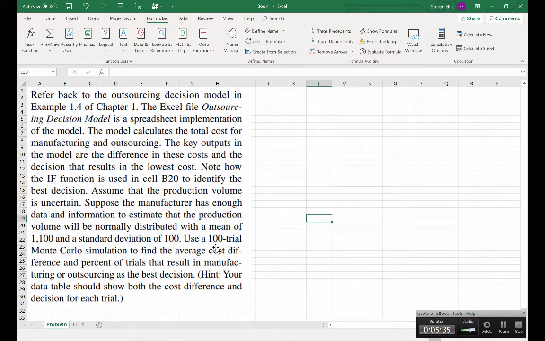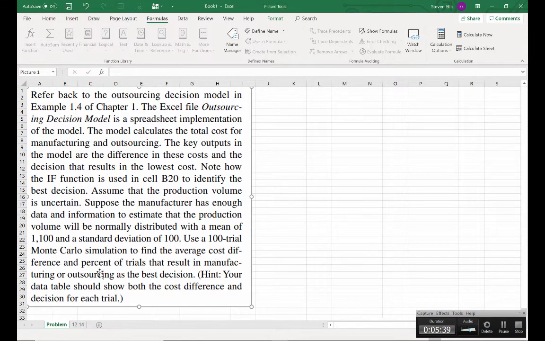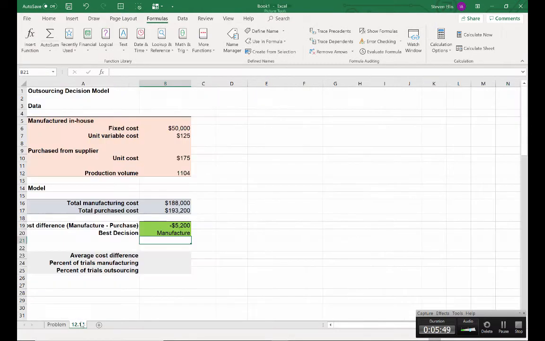Use a 100 trial Monte Carlo simulation to find the average cost difference and percent of trials that result in manufacturing or outsourcing as the best decision. So we need to come up with a one-way data table that actually produces two outputs. So let's go over here to a cell off base, and let's start our numbers. 1,